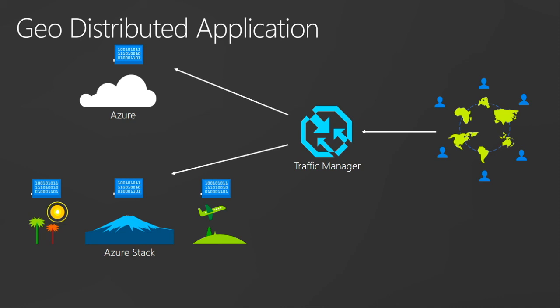Geo-distributed applications. That's very similar to the one that Bradley described, where we burst to the public cloud. You can think of a similar scenario where you have the same application replicated across the world for international or global companies that deploy in Azure or in a combination of Azure and Azure Stack, depending on what kind of regulation they have to meet, what requirements they have, and what bandwidth they have in a specific country or region. Thanks to Traffic Manager and other cloud technologies, they can have complete flexibility between the public and private cloud globally.